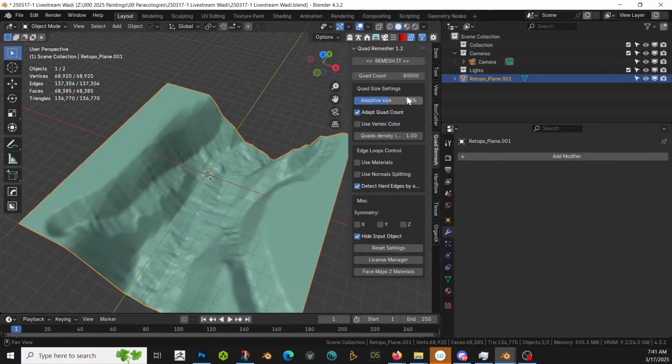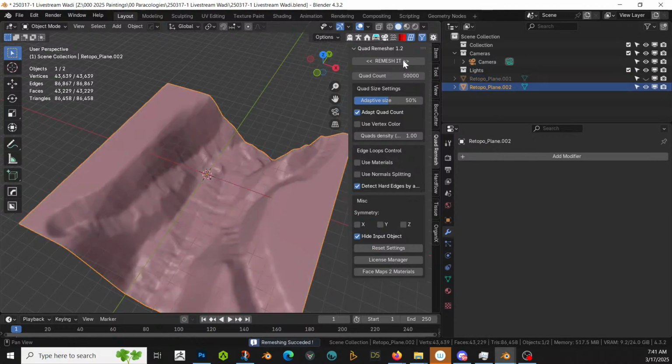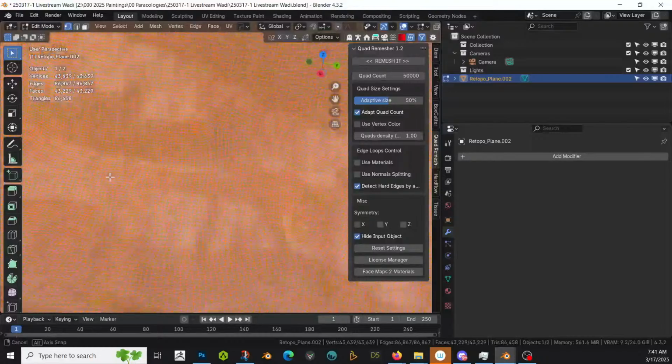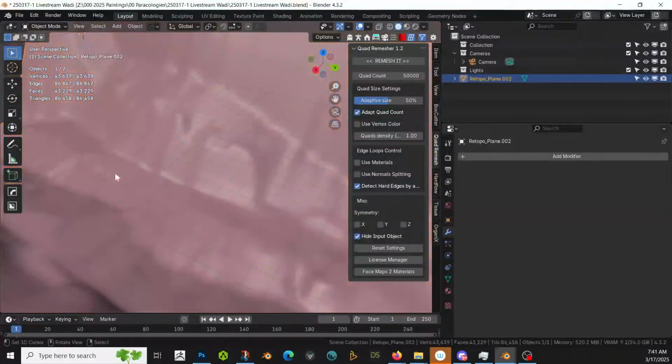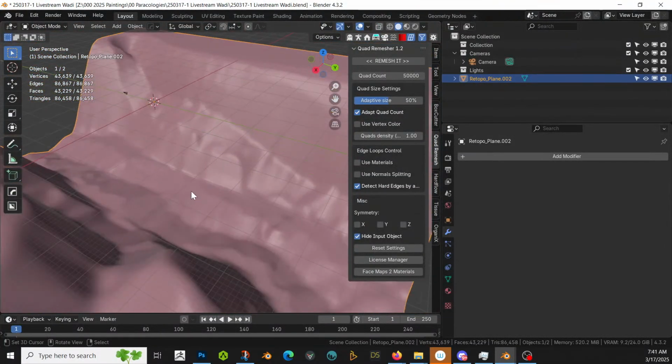Let's do it one more time. I'm just going to go to 50. We want to keep the big shapes, but we don't want to have all these micro tiny ones. There we go. So see, it still looks mostly the same, but now it's not quite so big. 42,000